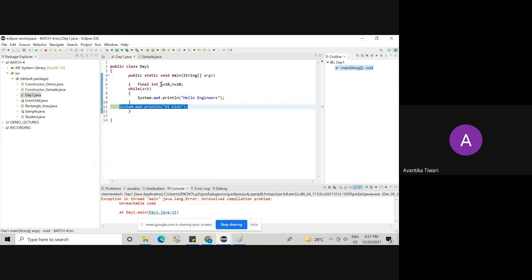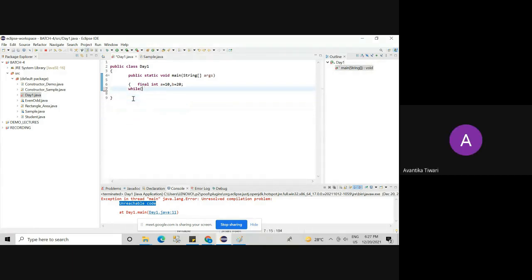But here we are declaring A as a constant, and if it is a constant, it is not going to change its value. If it is not going to change its value, that means while is never going to be false. That means we will never reach this line of code. So the compiler is saying that it's unreachable code. Am I clear? Yes, ma'am. So you have to keep in mind, regular do while and while questions I am not discussing. I am discussing something which is important and that can come in your exam. Next, one more thing.